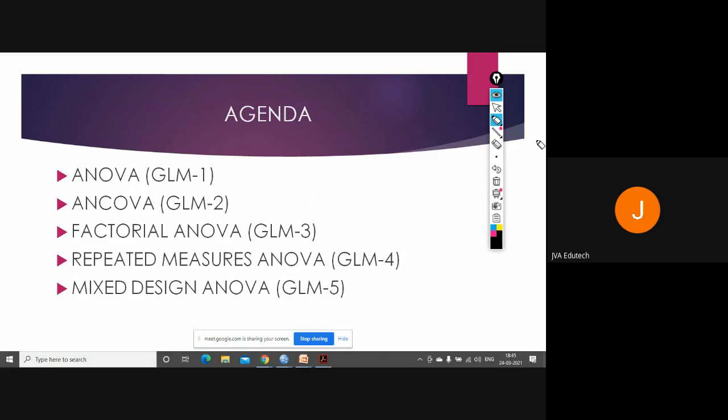That's why we call it a generalized linear model, because ANOVA has a very close relationship with the linear regression equation. We use this ANOVA to see whether our regression model fits or not. That's why when you perform regression, you will also find an ANOVA table along with that.